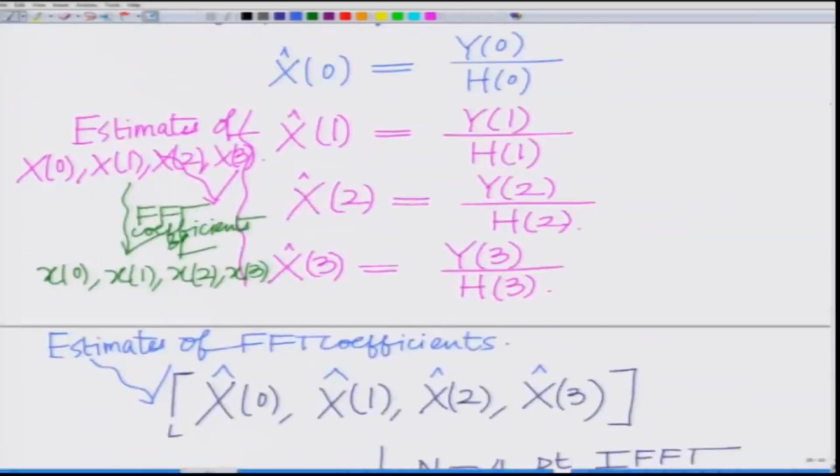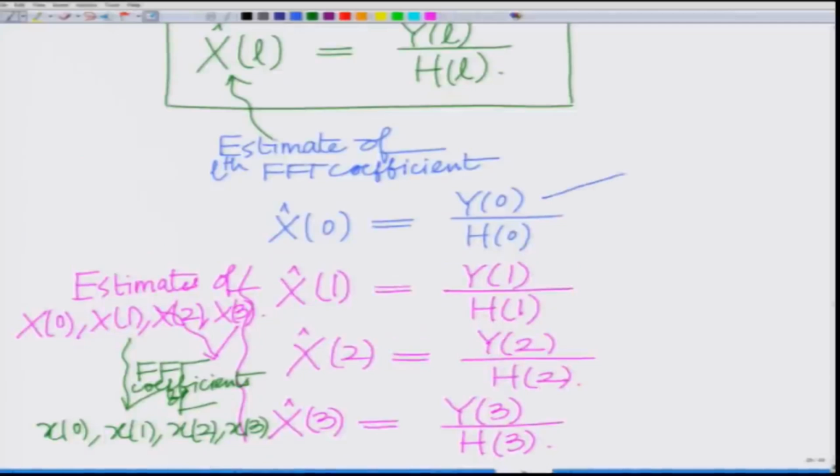And you can see this equalization is a very simple process. All I have to do is take y0 divide by h0. There is no matrix inversion. So, this is also known as a one tap, a single tap equalizer. Unlike the time domain equalization, that is, if you remember the zero forcing equalizer which was done in the time domain, in the time domain equalization there was a matrix inversion, depending on what is the order of the equalizer, if you remember. So, in time domain equalization, where basically we are computing the equalizer, there is a matrix inversion that is required. However, in frequency domain equalization, there is no matrix inversion, it is simply a division by the